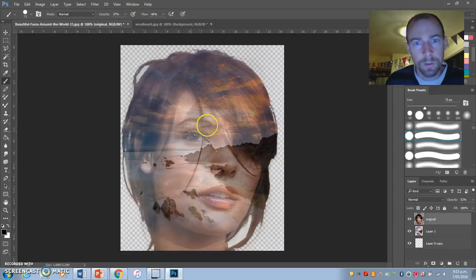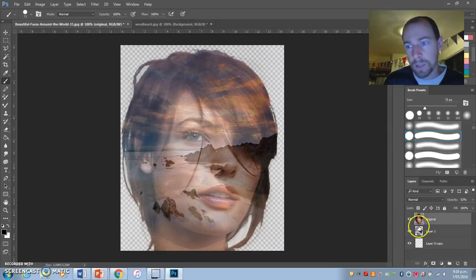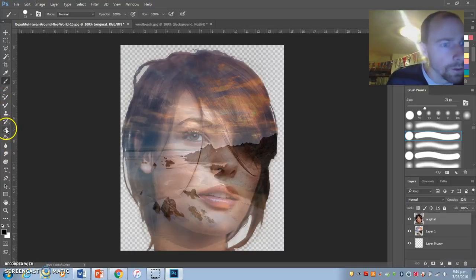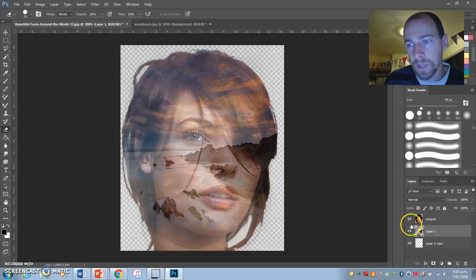So for example, you can see that blackness that's going on there, which I'm just going to undo because I don't want that. It's not like it's coming out like this. If I had 100%, it would just come out like this. It'd be horrible. But what I'm actually going to do is show you the same idea using the eraser tool, which is way down here. I'm going to choose this layer, which is the landscape, and decrease it just a little bit